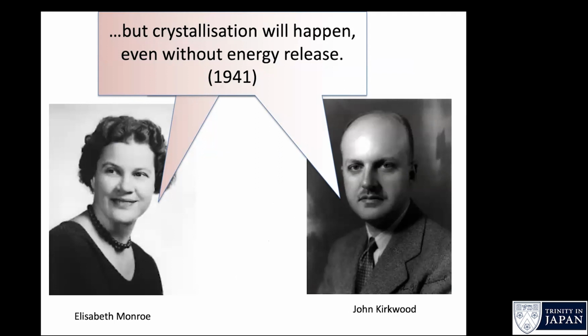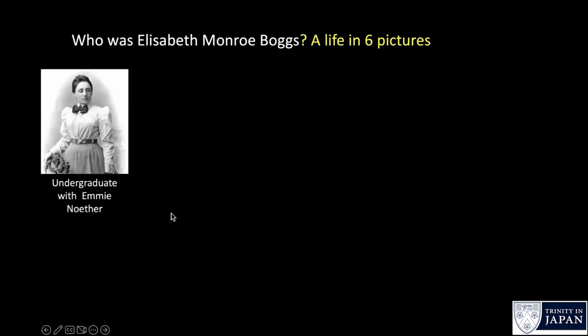I just want to say a few words about Elizabeth Monroe, just to say what kind of person she was. She was a student in the U.S. at Bryn Mawr College, which is a women's college, and when she studied, she was supervised by Emmy Noether, the mathematician who had escaped from Germany and came to Bryn Mawr, where she became professor. She actually died shortly afterwards, but she found that Elizabeth Monroe was very smart, and she would like her to do a PhD, but that was not possible at Harvard, and so she sent her to Cambridge actually, and so she worked with my